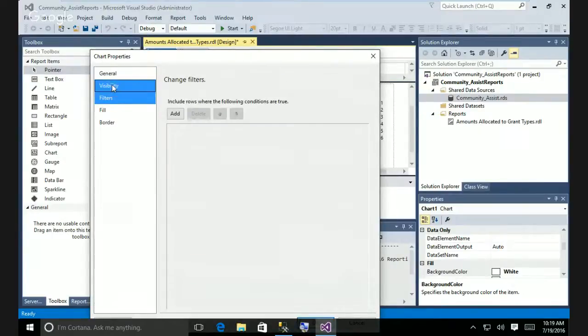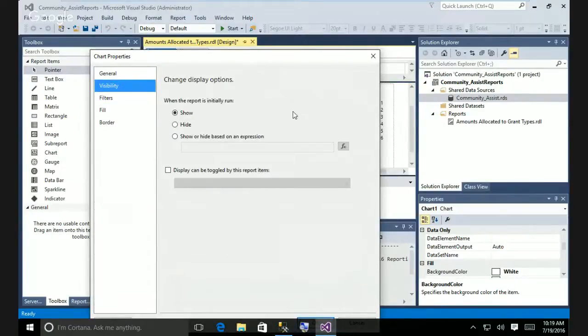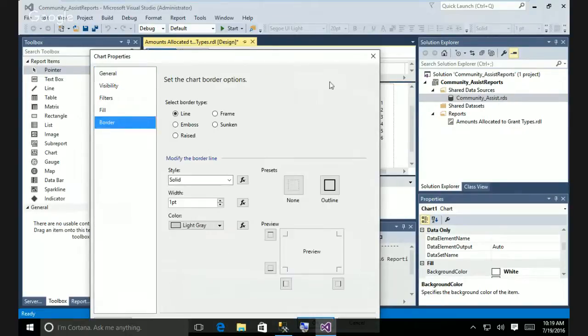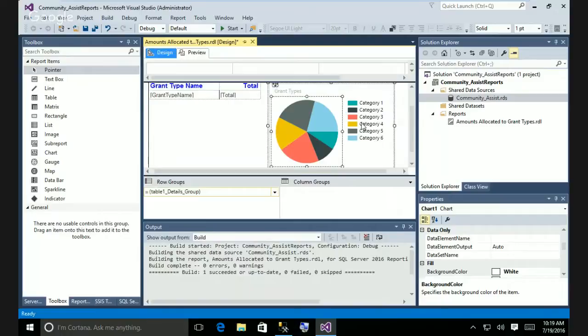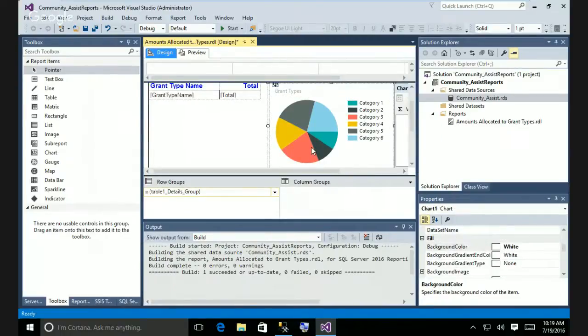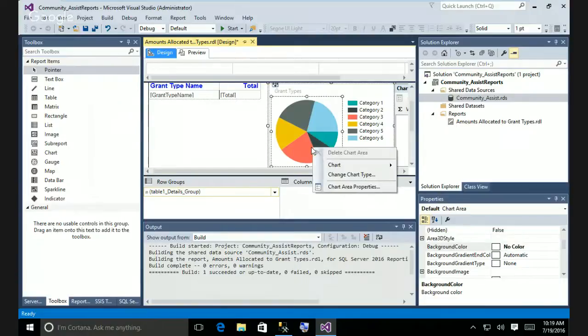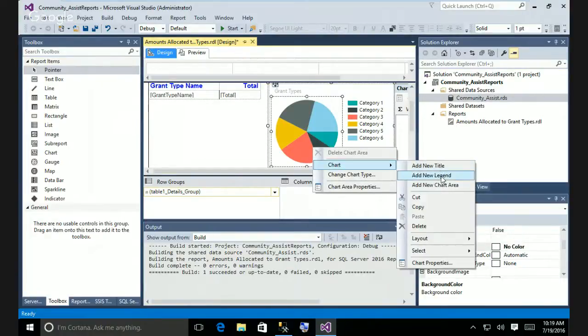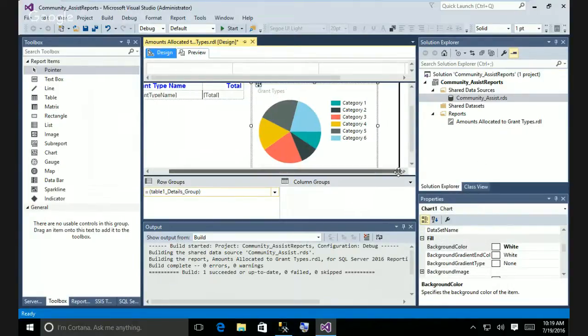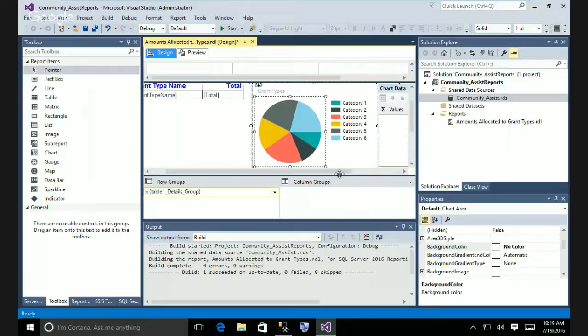Well, that just tells me filters, visibility, general. It's not really what I want. I want the actual properties. You hit each category. Right click it. Chart. So we want to figure out, oh, I know why I'm not seeing it. It's there all the time, but it's off my screen. Let me